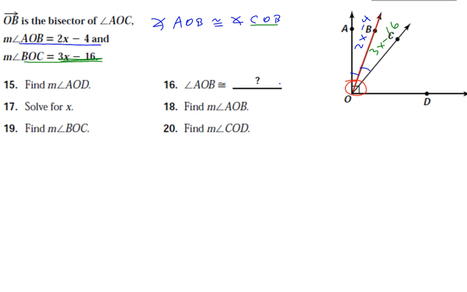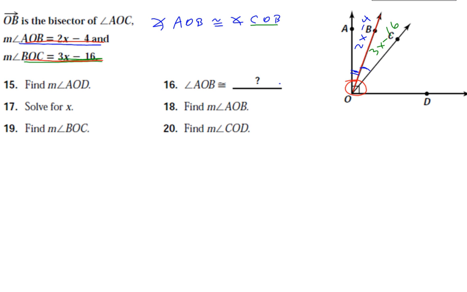They say, okay, I know that AOB is equal to 2x minus 4. That was given to us. And I know that BOC is equal to 3x minus 16. That was given to us too. What is the unknown is angle COD. So you know what? Let me just call that x, because whenever I have an unknown, I use x. You can't do that because you have no idea what x is. X has already been used to refer to angle AOB and COB. I cannot use x to refer to the unknown COD. So the way you do this problem is you need to first solve for x. Once you solve for x, you'll be able to find out the measure of